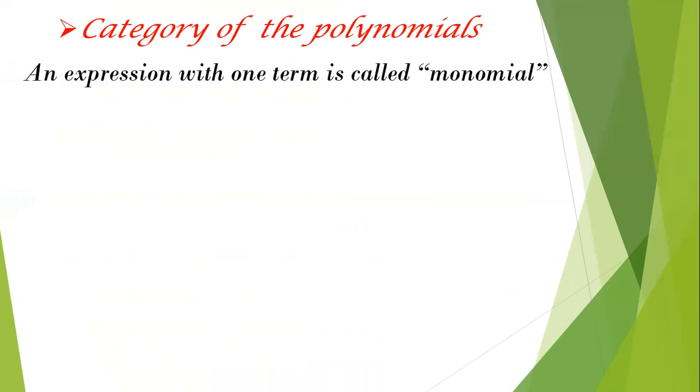So an expression with one term is called a monomial. So just before, we saw all the terms are monomials. Okay. So I will give once again some examples, which are x, minus b, 3y. All these are only one term. That is why these are said to be monomials. So a monomial is also a polynomial.